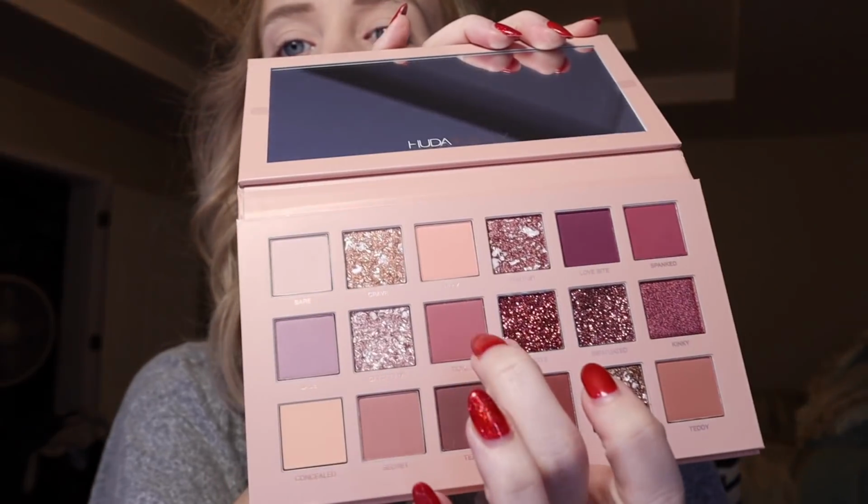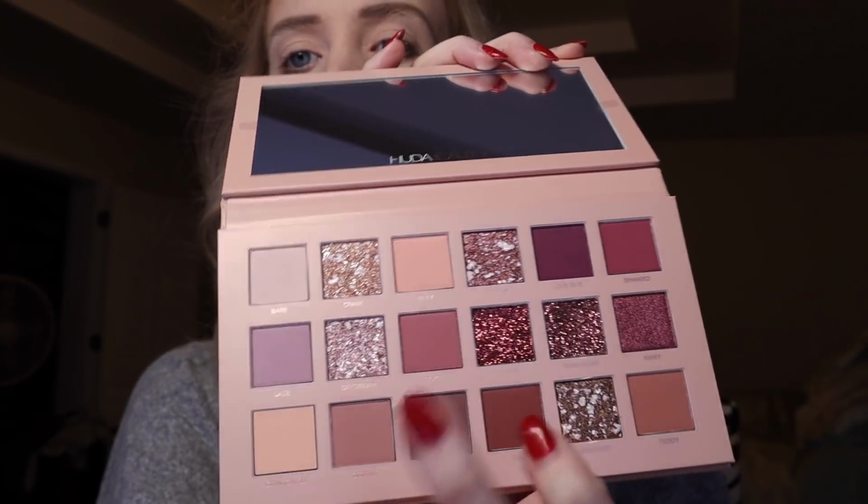Okay, what am I gonna do? There's so many options. My eye is really drawn to this middle one right here. I think I'm gonna use that as my transition color. It's called Tickle. Tickle, take that however you want. I'm gonna wait on my MAC brushes for now. I'm just gonna use this black fluffy brush for that transition color. I kind of go in with Tickle,